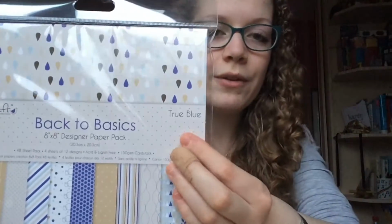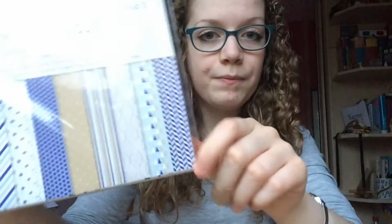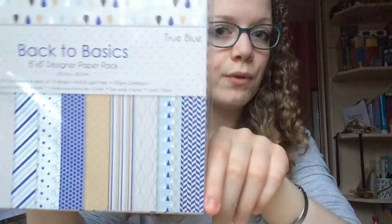Anyway, so I've got this paper. When I first saw it, I thought it was purple and brown, and of course I've just found out that it says True Blue on the front, which should have given me a clue really. The dark blue colour, which I thought was purple, is actually a sort of royal blue colour, but I think I can probably pass it off as purple, and I'm going to try and pass it off as purple